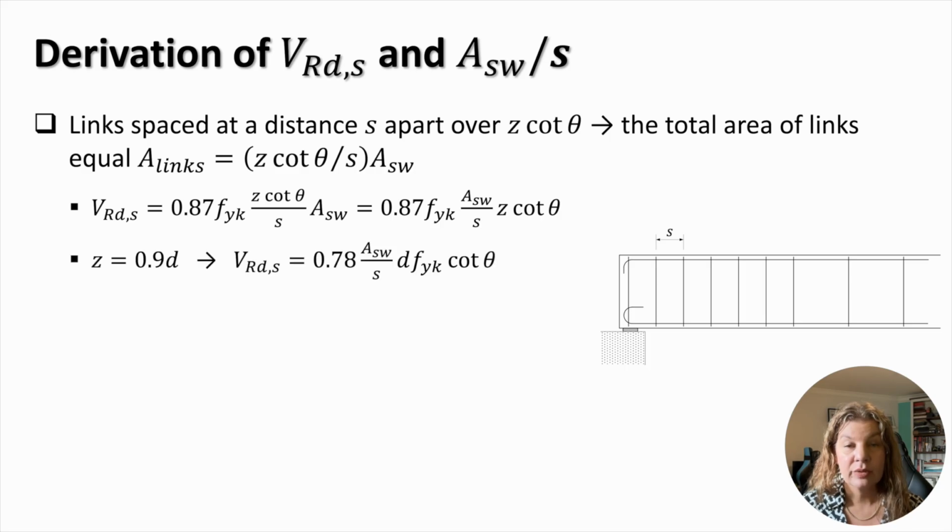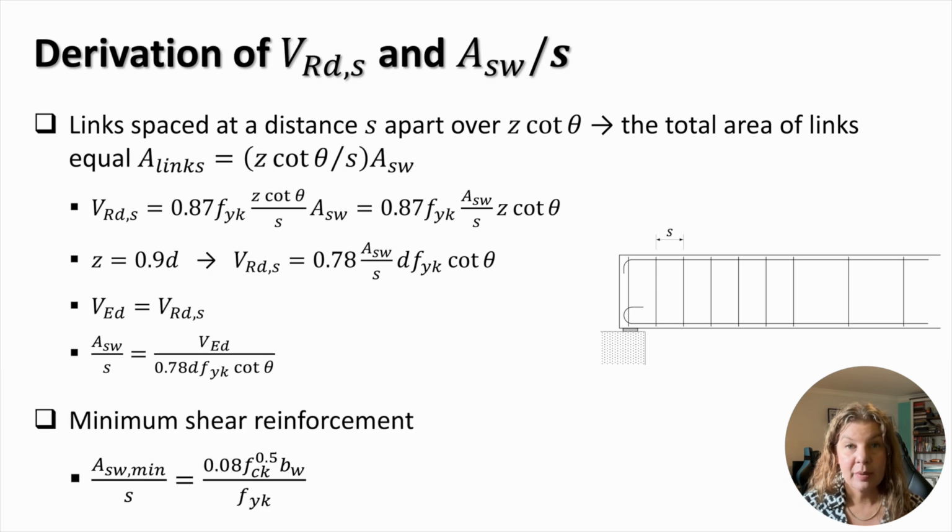Given that z equals 0.9d, the strength of one link can be found using the formula for VRDS. Links necessary to resist the applied shear force can be found from the equality of VED and VRDS. The design of links is based on the ratio of the area and the spacing of the links, which can be found using the following expression. The minimum amount of shear links can be found from the ratio between the compression strength of concrete and the yielding strength of steel. When the required amount of links is smaller than the minimum, the latter should be provided